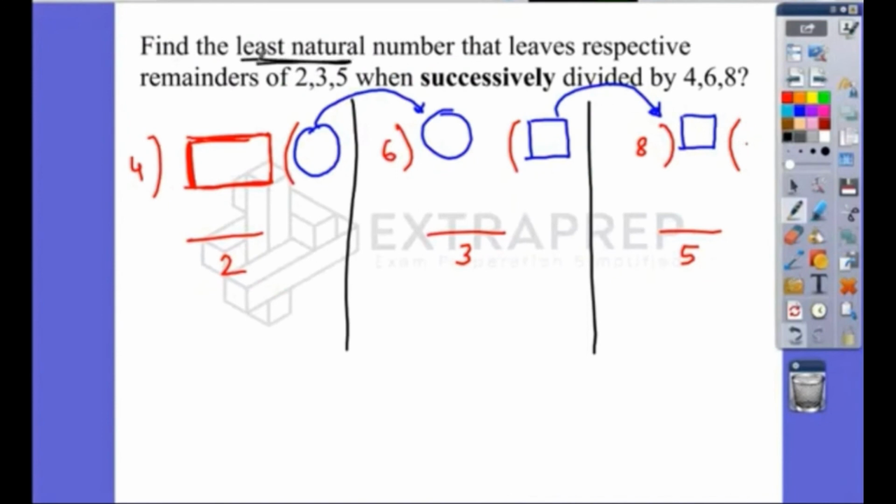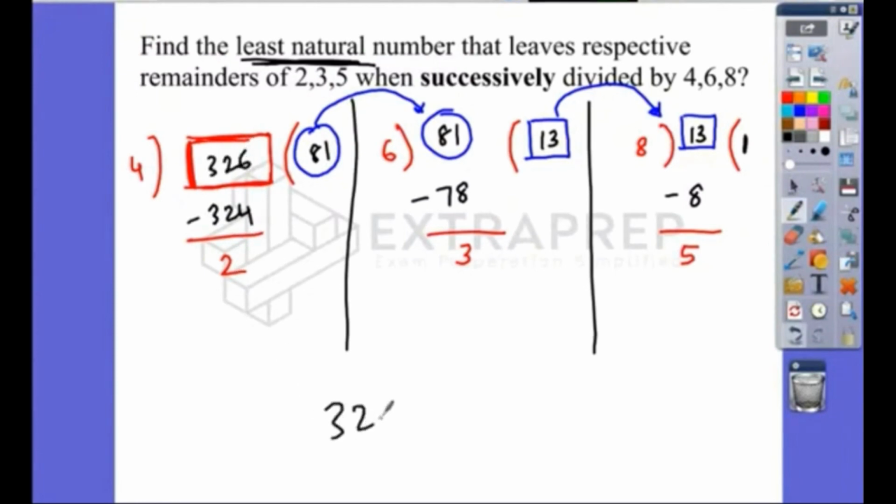He asked us to find the least natural number. So, the least value for a quotient is 1. So, you'll take the last quotient to be 1. 8 ones are 8. From what, if you subtract 8, you get 5? 13. So 13 goes here. 6 13s is 78. From this number, if you subtract 78, you get 3. So this number should be 81. So obviously this is 81. 4 81s is 324. Okay. Then from what number you subtract 324, you get 2?